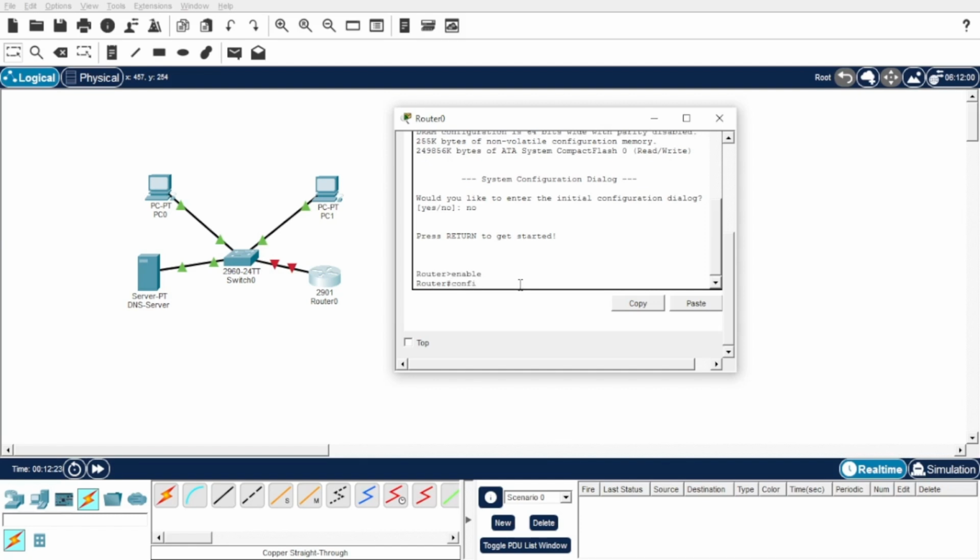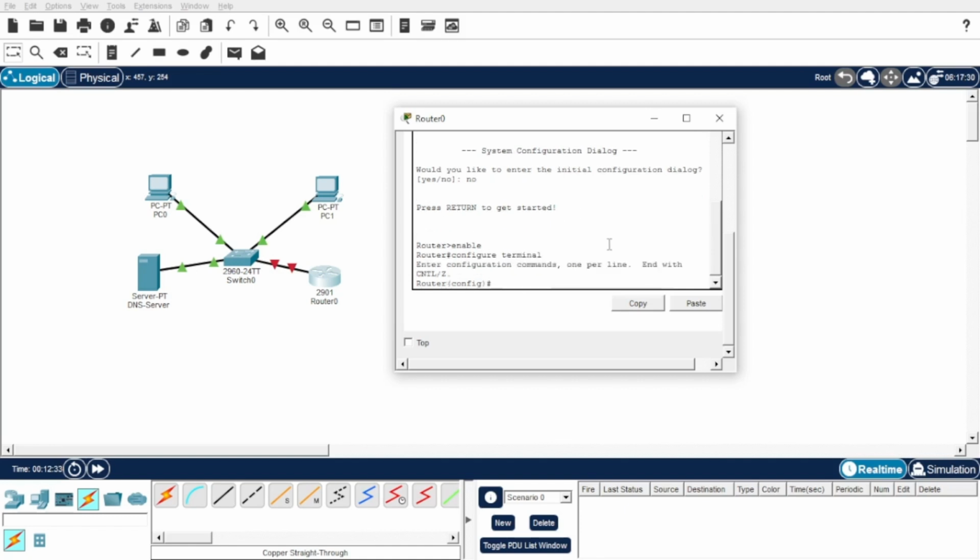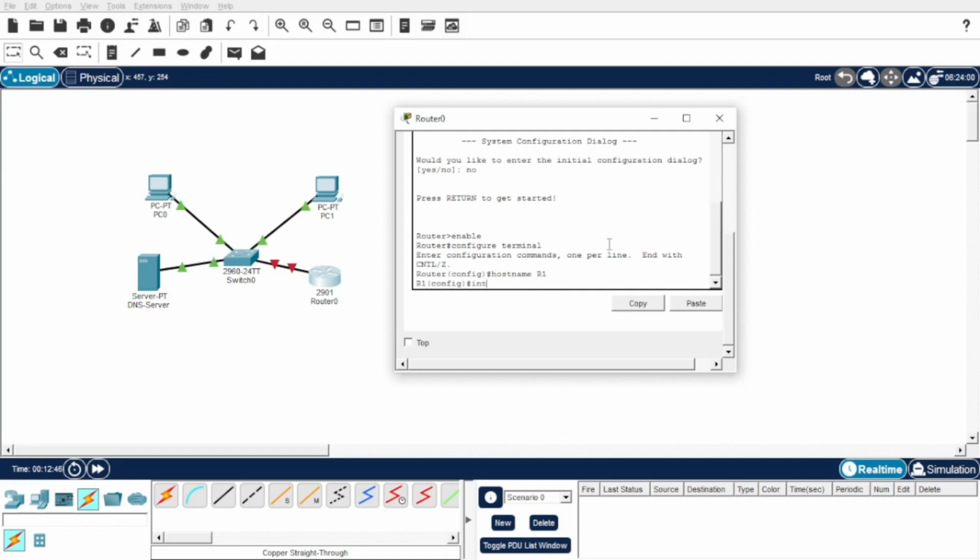configure terminal, enter, hostname r1, interface g0/0,